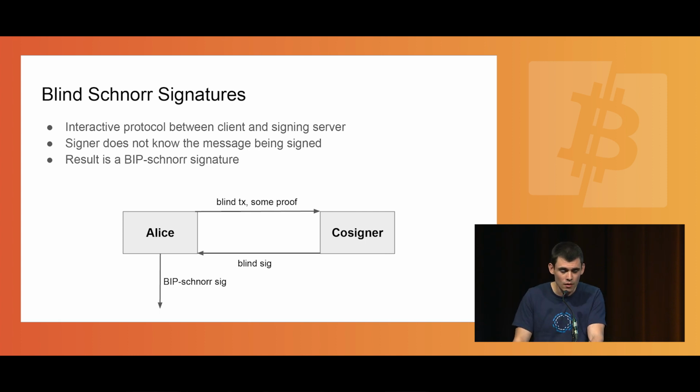signature. So you would have a user, Alice, and they have a cosigner, maybe some service, but Alice doesn't want to tell the cosigner which exact coin she's spending, so she just gives a blinded transaction to the cosigner, potentially some proof for second factor authentication or velocity limit or something like that, and the cosigner returns a blind signature. Alice unblinds the signature, and now she has a signature on a transaction from the cosigner.